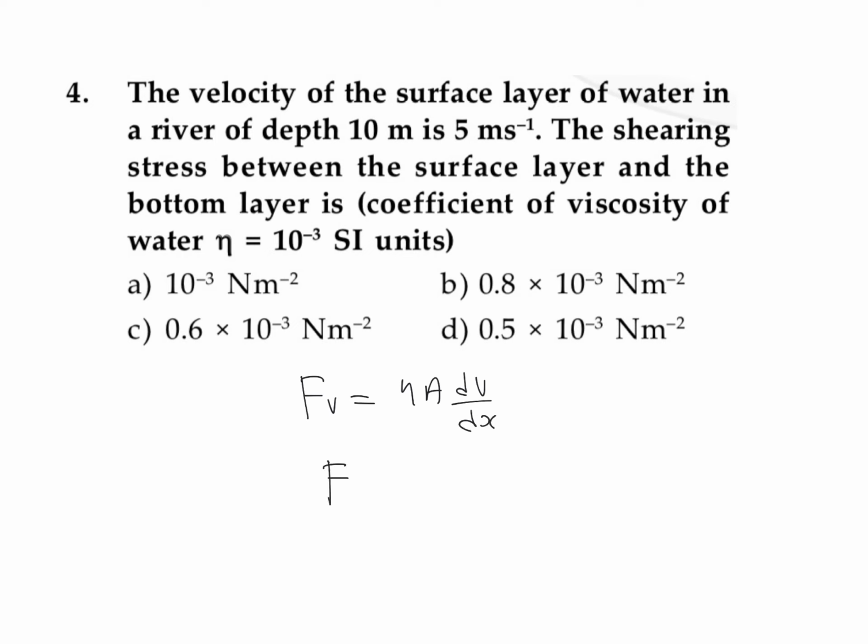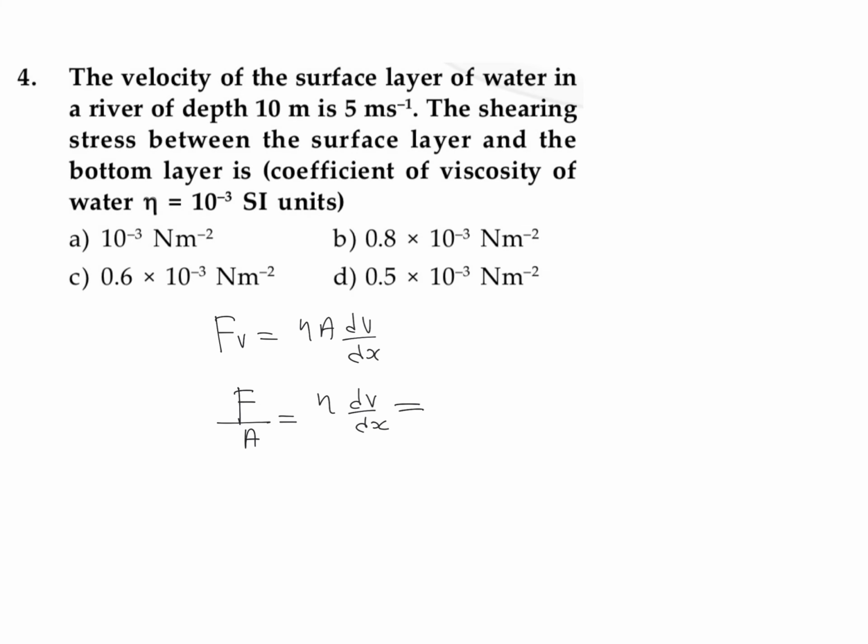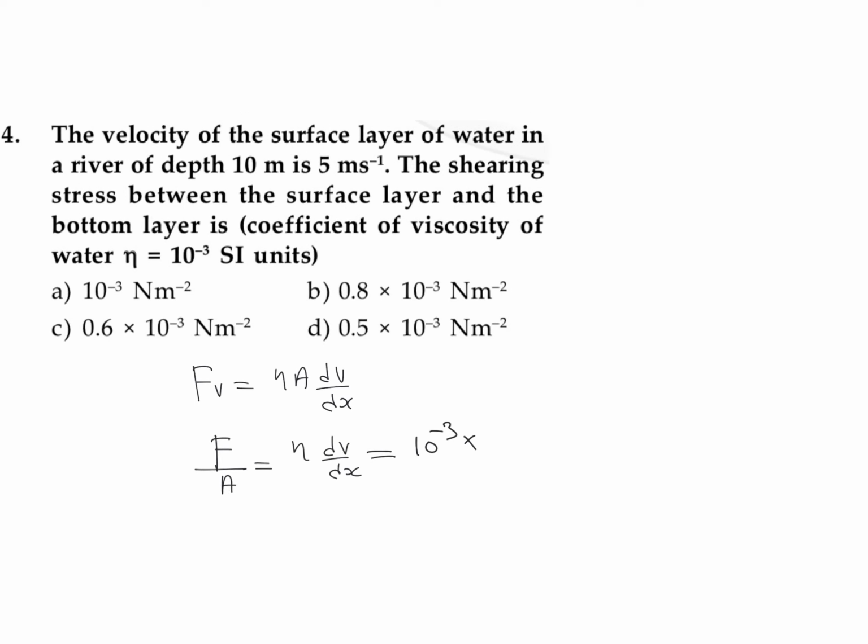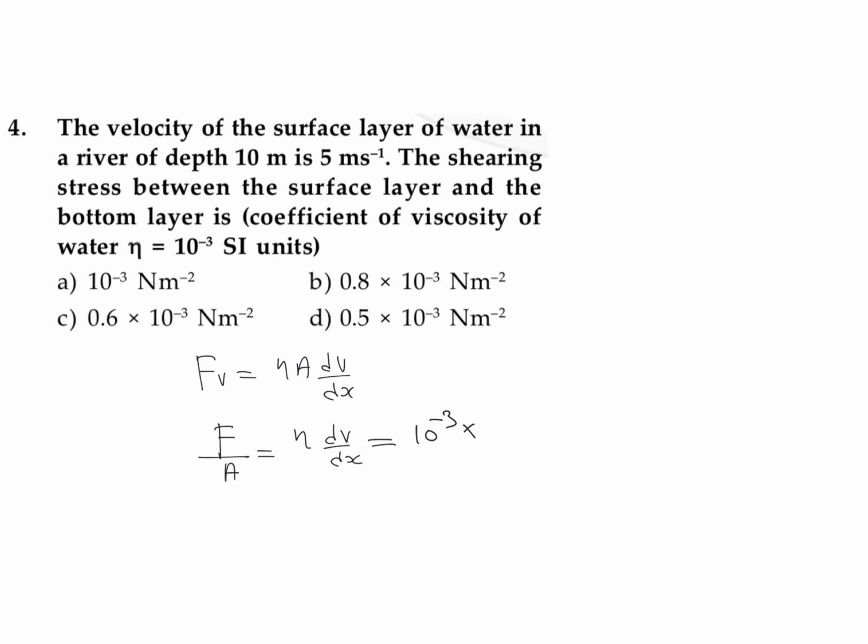We know that the value of shear stress is nothing but force divided by area. So you can write F by A is equal to eta into dV divided by dx. Here the value of eta is given as 10 raised to minus 3. We are considering some amount of water flowing through a surface, and we know that the surface layer is going to move with the maximum velocity and the layer at the bottom will be at rest. So the difference in velocity dV will be equal to 5 minus 0, or we can take it as 5,